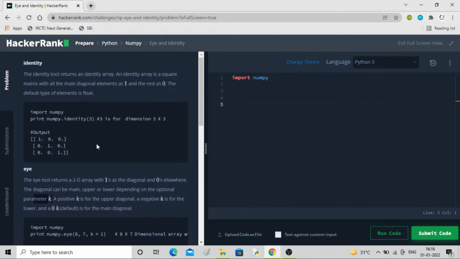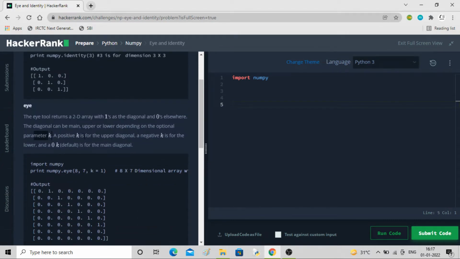Here you have only the main diagonal elements, but here you can change the diagonal as well. I mean where you want your ones to be. So there are three options: main, upper, lower, depending upon the optional parameter k. So depending on the value of k, you can select the main, upper or lower diagonal.